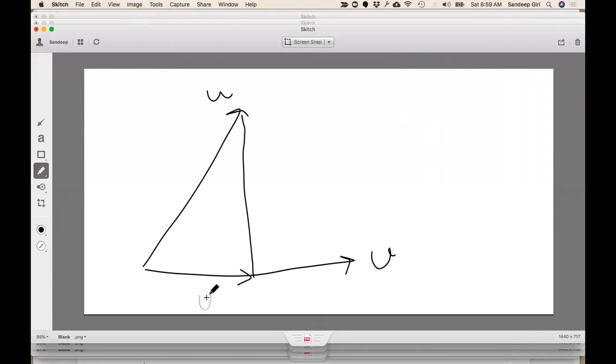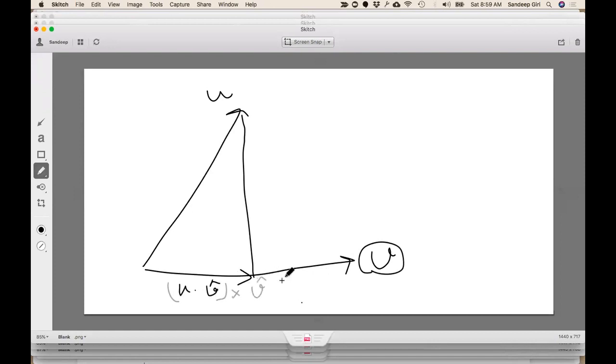We basically say V dot U. So we say U dot V unit vector, meaning first of all, compute the unit vector of this one by dividing by its magnitude, and then we multiply it with